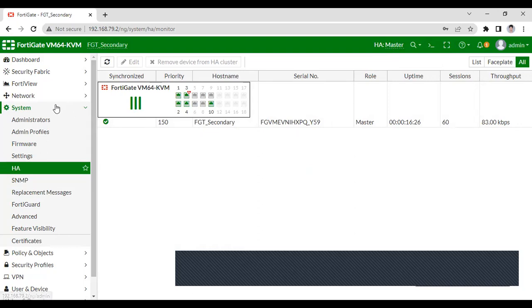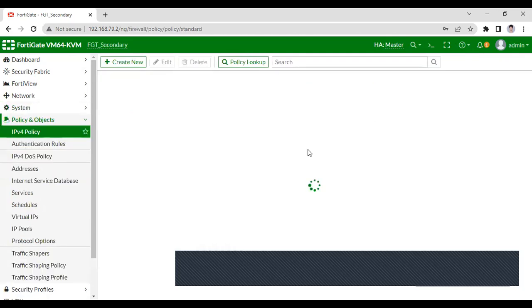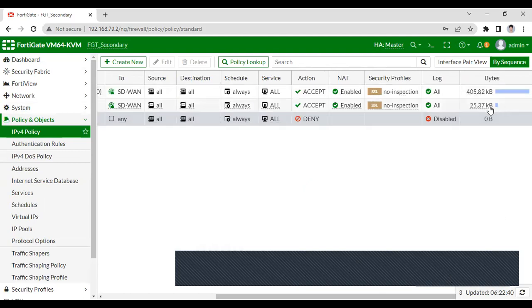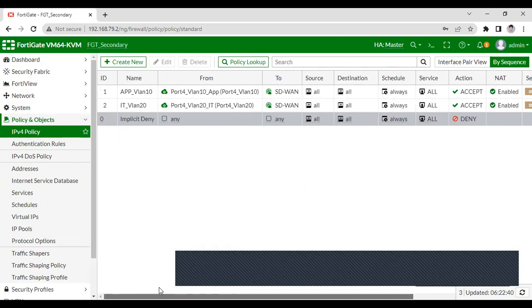So let me show you the policy also. As you can see, traffic is moving via both links, right?